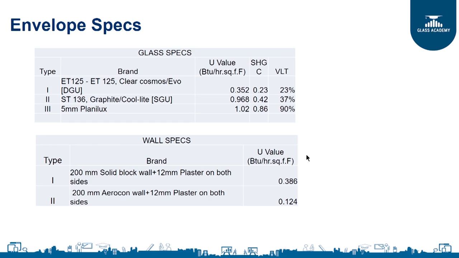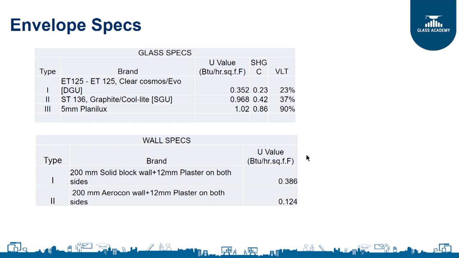So as you can observe here, as the SHGC gets reduced, your VLT also goes down, right? Which means you are trying to balance the two, because the more the SHGC, the more the heat that's going to come inside the building. So you want to keep the heat content low, at the same time you want more light, right? You want the best of both, and that's a challenge for most glass manufacturers, to make sure that you have